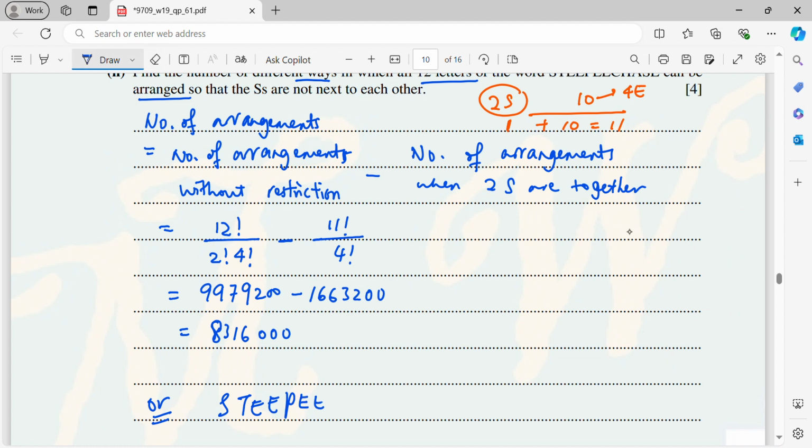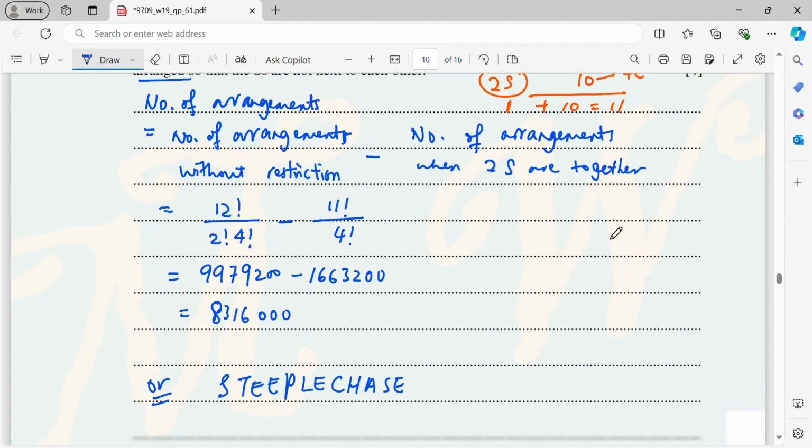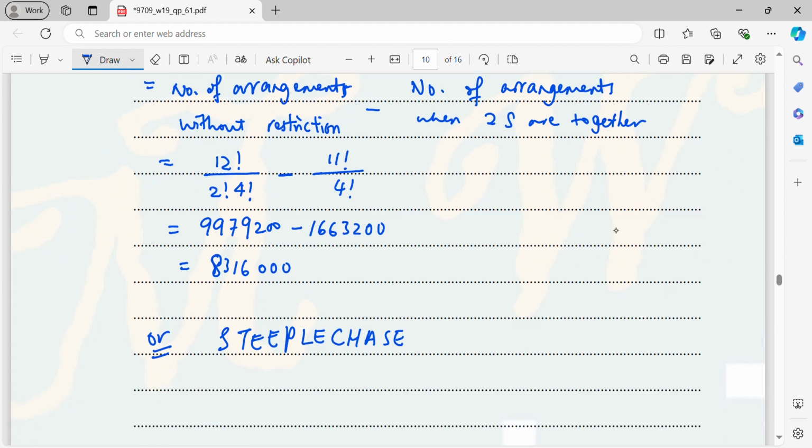We have two methods to solve this question. Your initial word will be C-H-A-S-E. Now, if I want to make sure that the two S are not together, I will arrange the rest. Basically there are 10 letters, therefore 10 factorial. But you also have 4 E's,